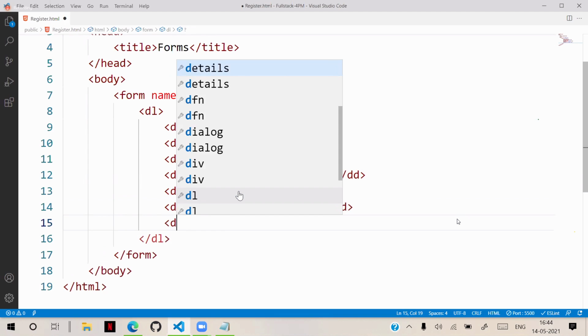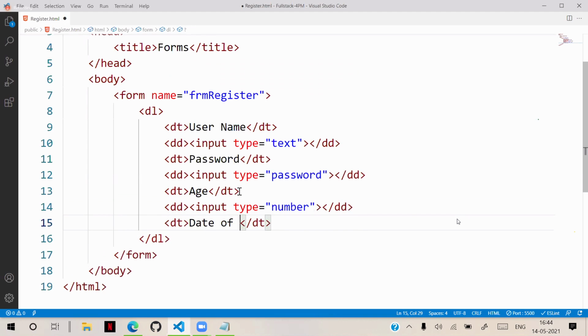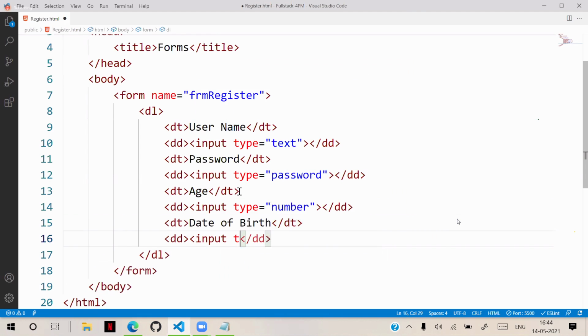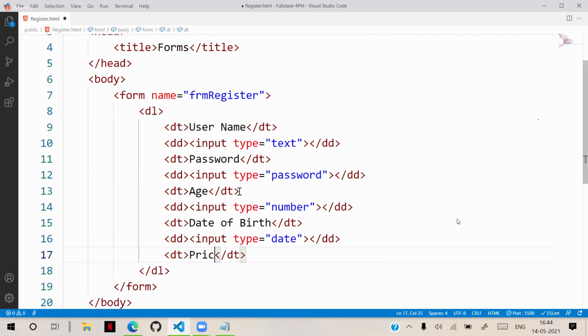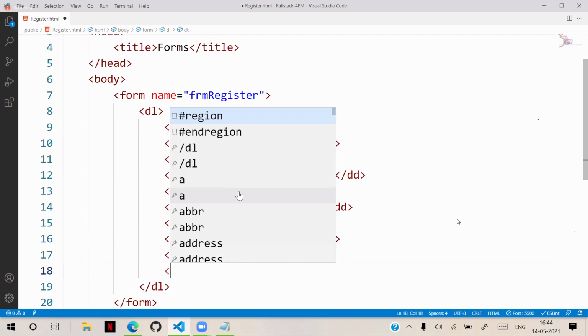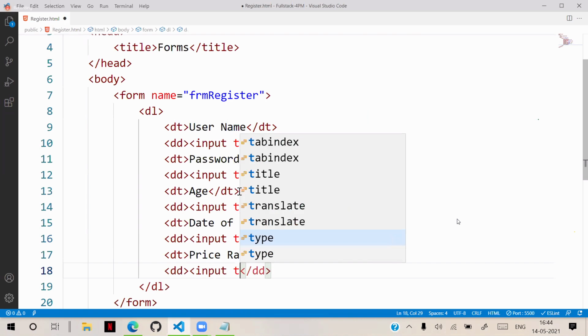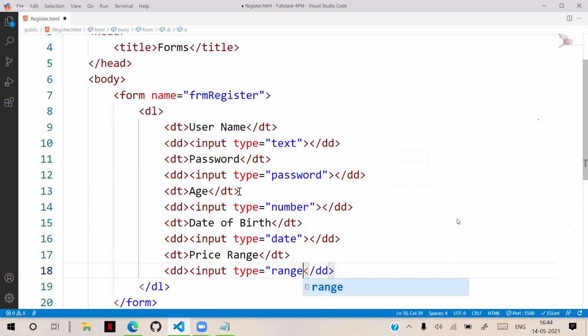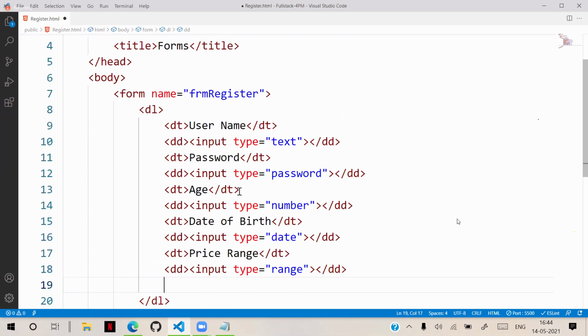Suppose we have a data term, date of birth. I want a date picker. Then we use input type equal to date. In date, we have several options I will tell you. Suppose I want a price range. I can use input type equal to range. I will show you what will happen.